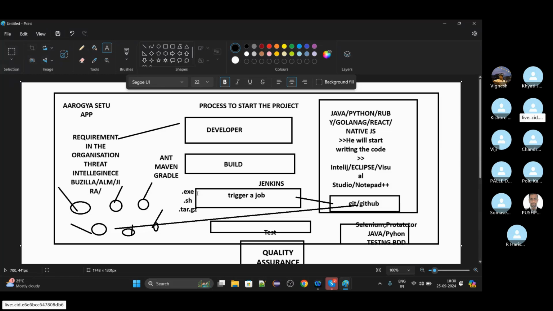We say automation is so efficient in the market that cars can be driven, but in a market like India, you can't. Even ADAS itself has not been successful in India, right?